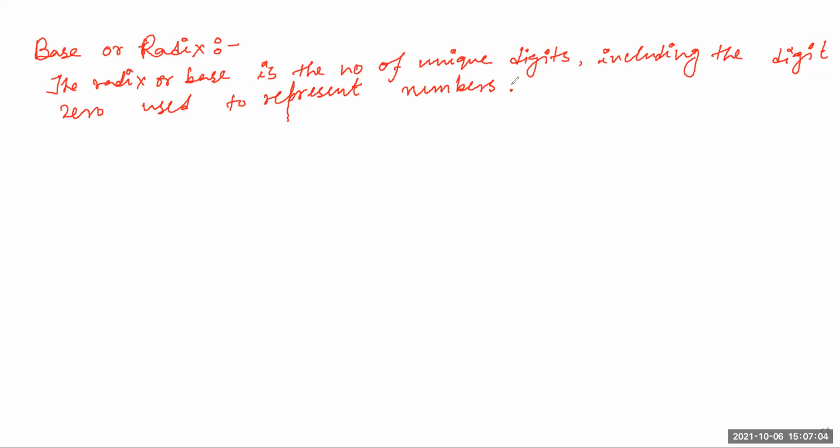For example, for the decimal number system, the radix is 10, because it starts from 0 to 9. Each number system has a radix value. The radix value means the upper limit, and the formula for radix is: